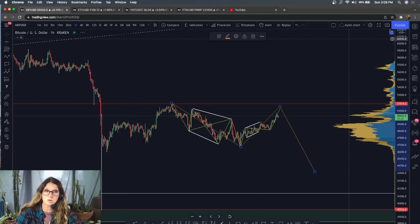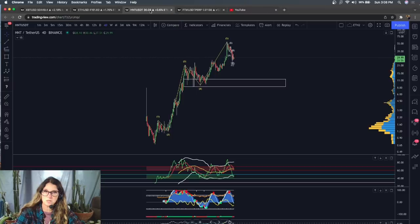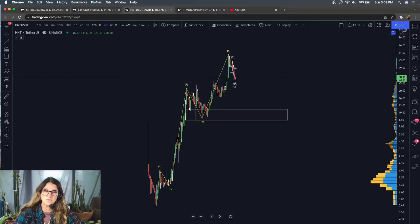So what do you need to be looking for? Divergence. Bullish divergence. When this comes down, bullish divergence. All right, let's go over to HNT. HNT looks like it's got a 1, 2, 3, 4, 5. Now, if this correction is going to be a higher degree 4th, and all of this is going to be